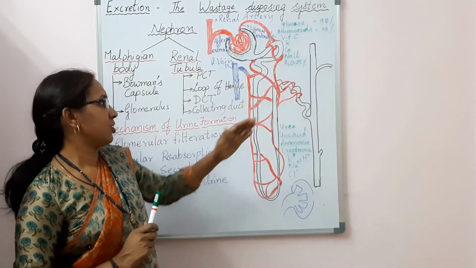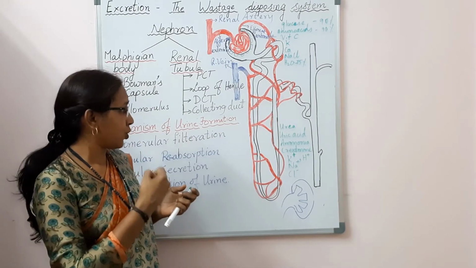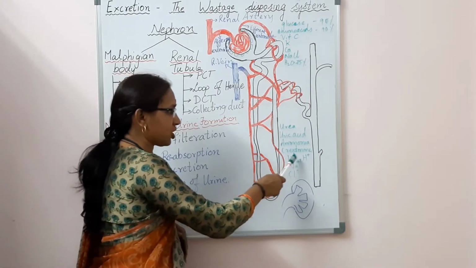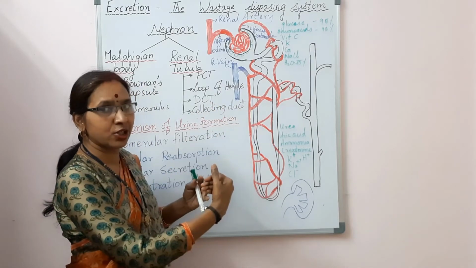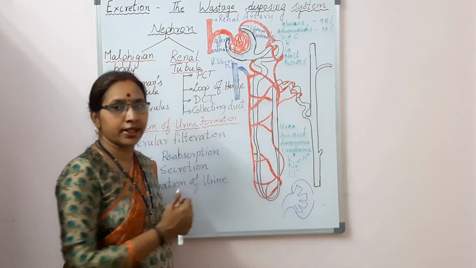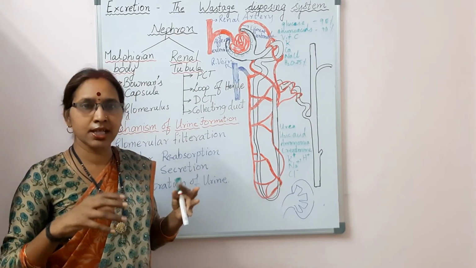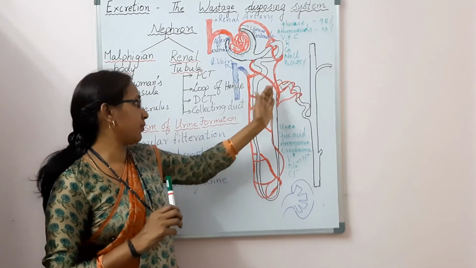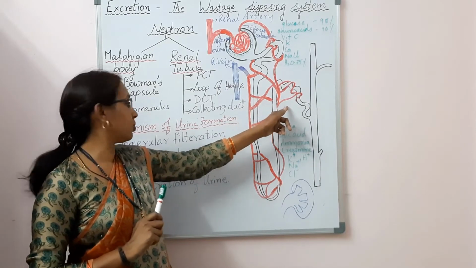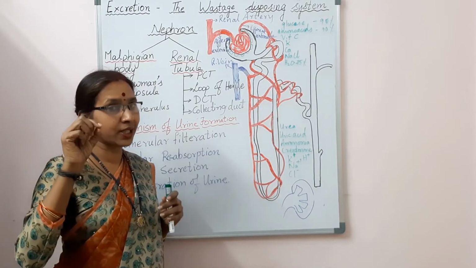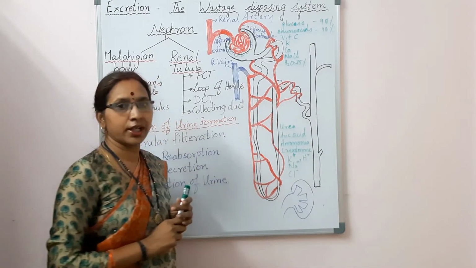Tubular secretion. In this, from the peritubular capillaries, a few ions like potassium ions, hydrogen ions, sodium ions and chloride ions are secreted into the distal convoluted tubule, and the wastes are always there. Urea, uric acid, ammonia, creatinine, all these wastes are also there in the filtrate in the distal convoluted tubule. So here in the distal convoluted tubule the secretion takes place. The peritubular capillaries secrete certain substances into this distal convoluted tubule.